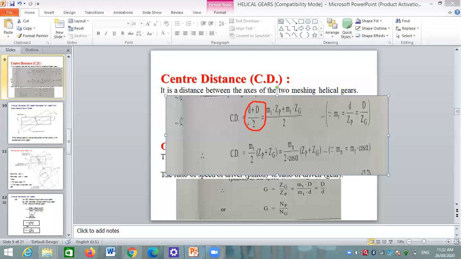Because we want the radius of these two gears, therefore (capital D plus small d) by 2. This is the center distance. Okay, then diameter is denoted in terms of module and number of teeth, where small d is equal to m into z. What is m? Here we have taken mt. Mt means transverse module and z suffix p means number of